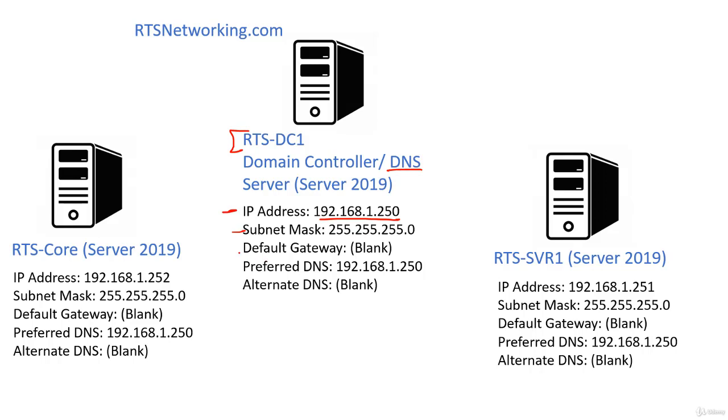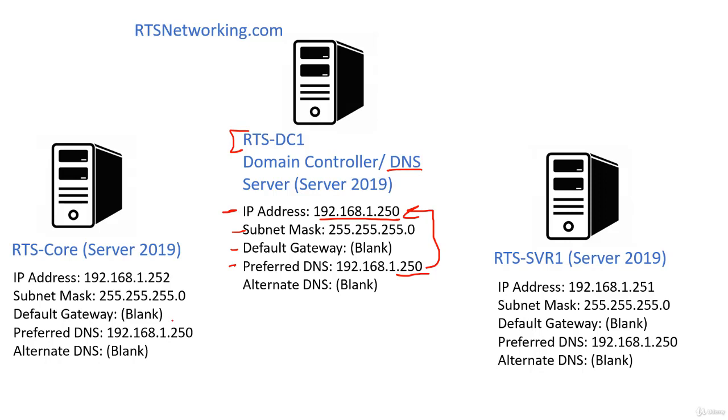I do not need a default gateway because these machines will not connect directly to the internet. And the preferred DNS server of RTS-DC1 will be the same as the IP address. It's going to end in 250, so that'll be the same, because this machine will be the DNS server in our environment. And DNS, its primary purpose is to resolve names to IP addresses. That is a topic we cover in great detail later in the course, but that'll be the IP configuration for